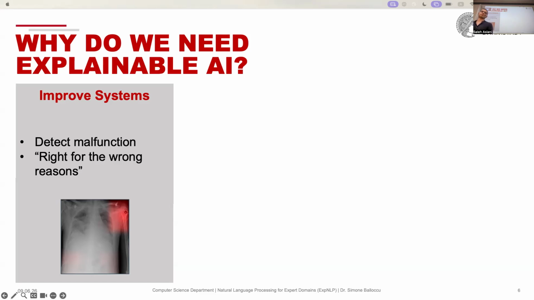So scientists tried to understand why this is happening. And the reason was that at the top right corner of the image, the name of the hospital and the machine that was used to take this image was written. And apparently every person who was sent to that hospital and that machine had this disease. So it was really easy for the model to just look into that text and decide on the prediction. So that's a famous example, and we need explainability to address that.